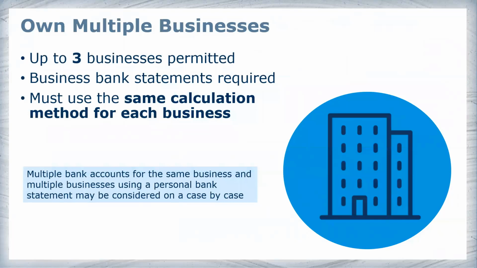So you cannot use one calculation method for one type of business and another calculation for another type of business. So they can own 3 different businesses, no more than 3, and the calculation method must be used the same for all of them. So multiple bank accounts for the same business and multiple businesses using a personal bank statement may be considered